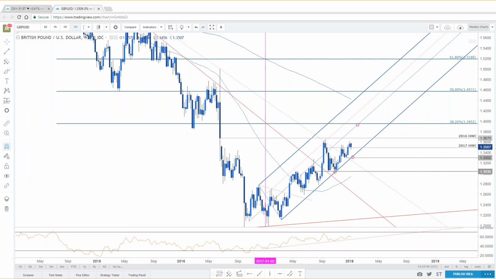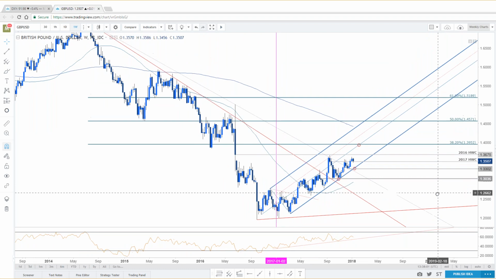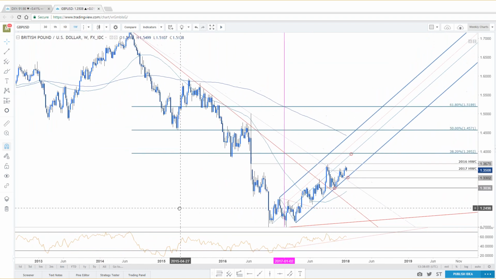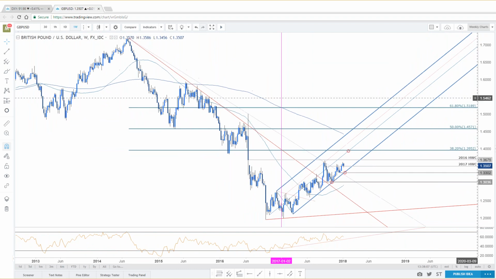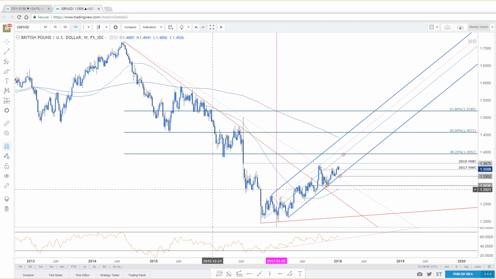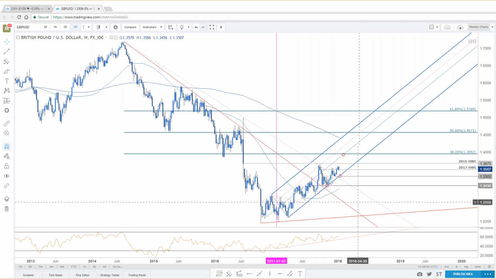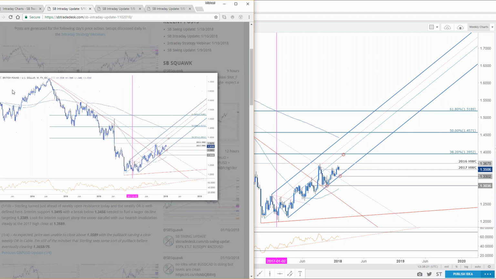Now, we've noted over and over again this week that the seasonals for sterling are pretty weak. January is not a very good month. In fact, it's one of the weaker months, or the weakest, if I'm not mistaken, for the pound. So shouldn't be too surprised to see some sell-off here. The levels that we're trading at, again, just below last year's high, could get some more kickback. So the weekly chart still showing that threat, right, that risk of a material pullback in sterling.